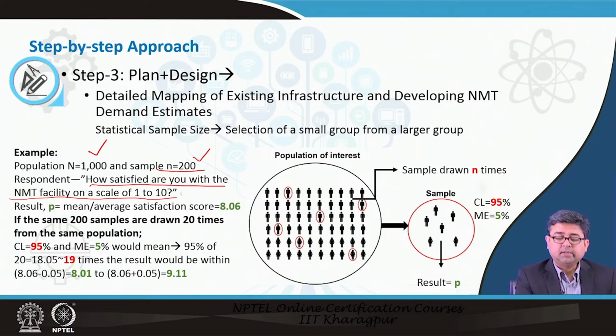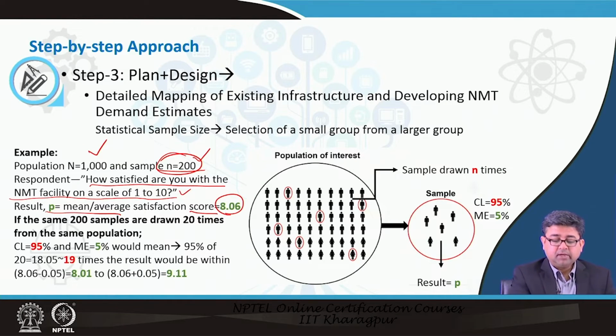You asked this question to 200 people, however, your total population was 1000, and the mean satisfaction score came out to be 8.06. Now, if the same 200 samples were drawn 20 times from the same population, okay, different samples,